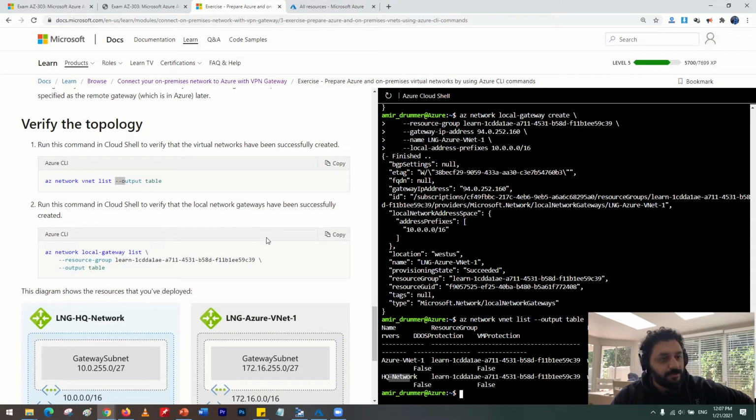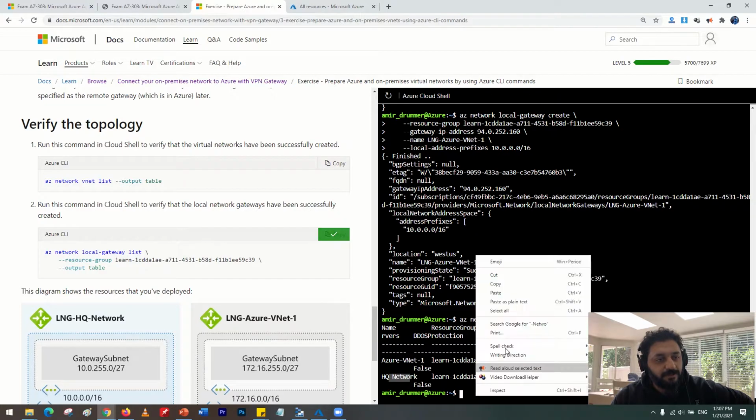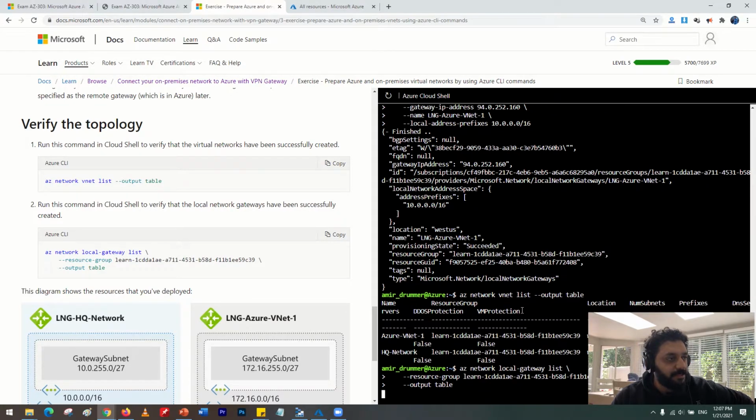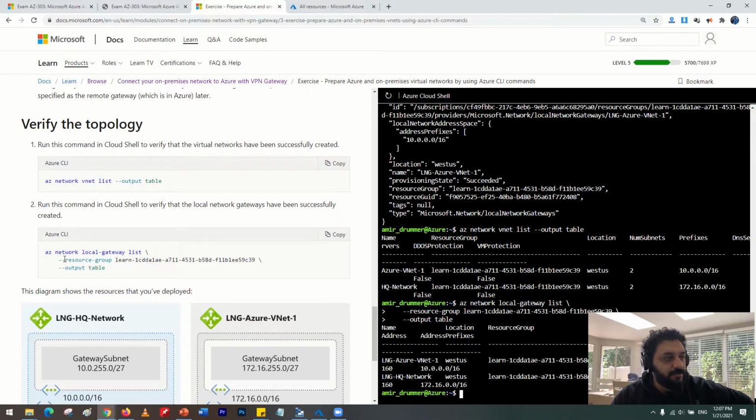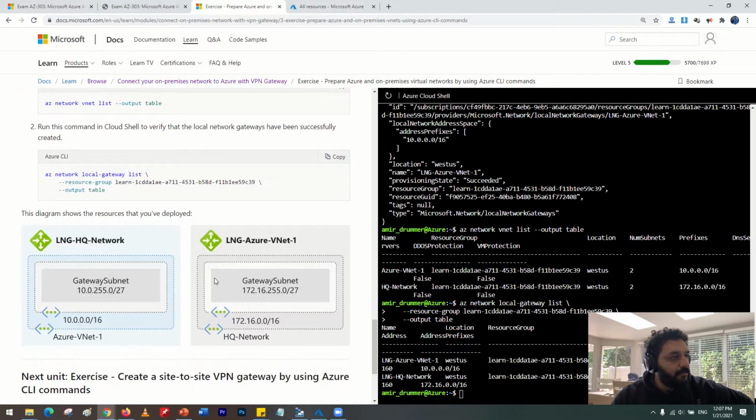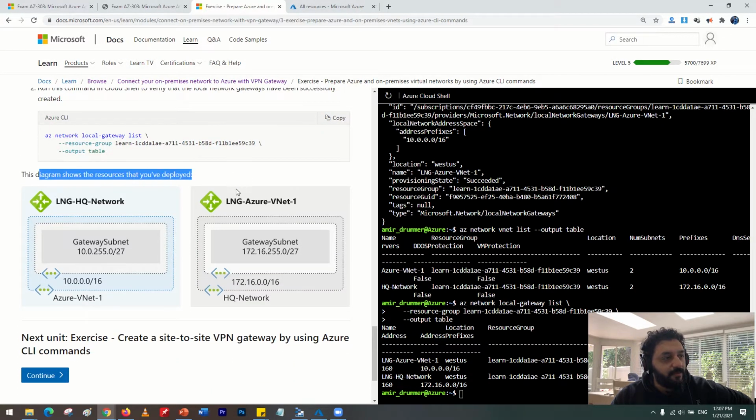Okay, successfully done. If you do the same thing here and copy this, this local gateway list will pretty much give you the two local gateways that we've added. Now, this diagram shows what we've done so far. If you go next,